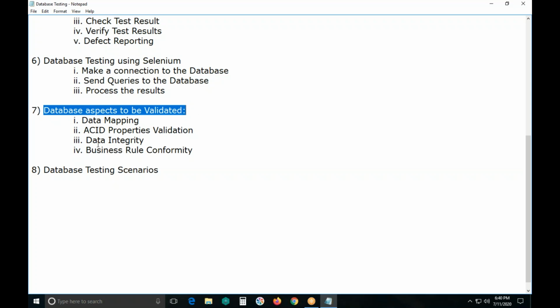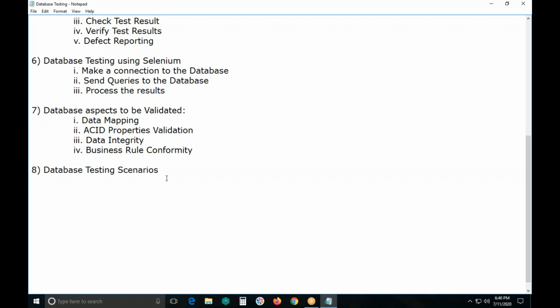Next, I will explain one important one, database scenarios, common scenarios. Check if correct data is getting saved in the database upon successful page submit.